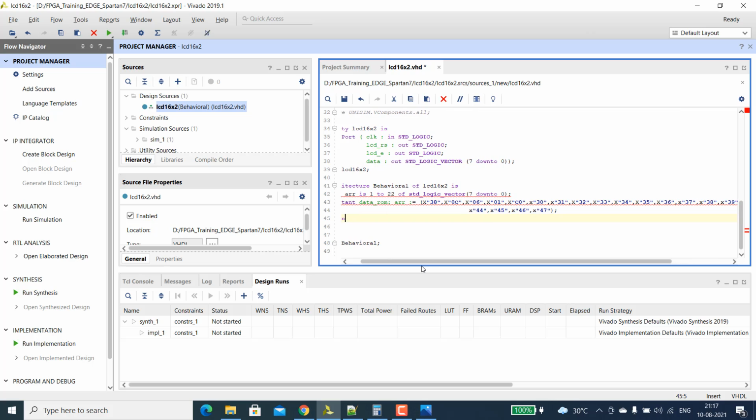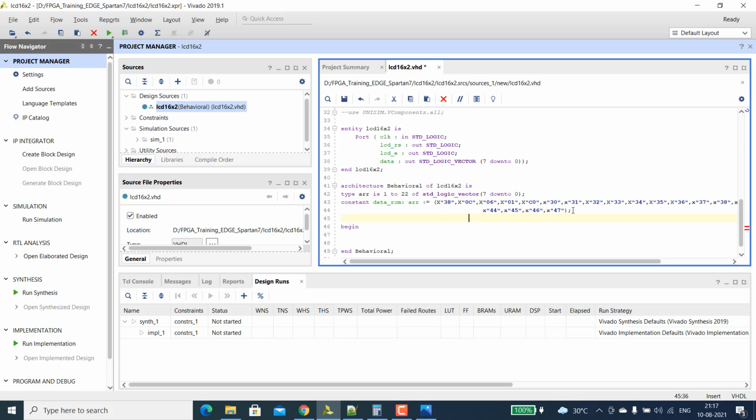Okay, next what we can do is we have some signals. One signal is enable timing. We have to declare it as an integer with a range of 0 to 150.